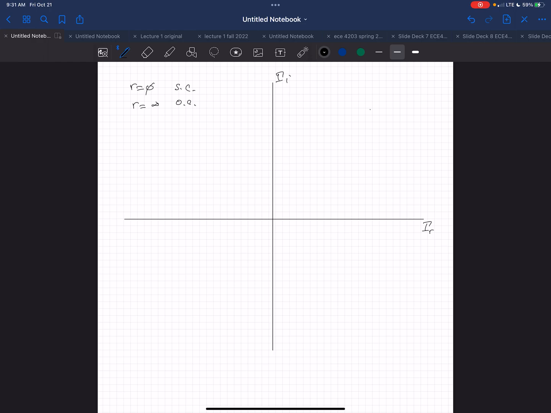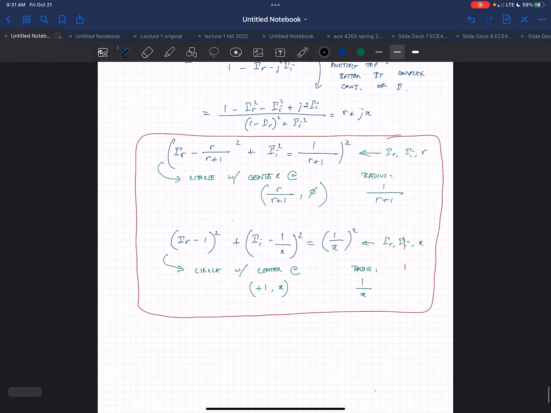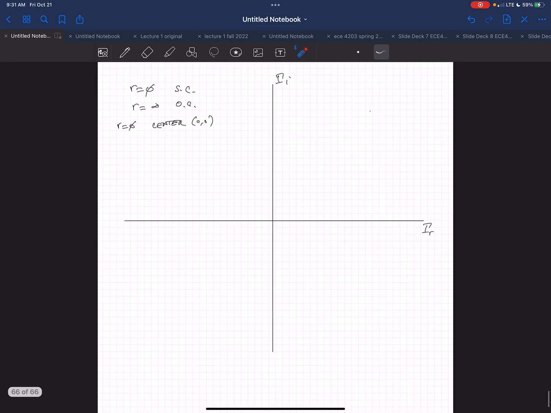So for R equal to 0, the center of the circle is at 0, 0. So I'm reading off of here, just setting R is equal to 0. So the center is going to be 0, 0, and the radius is going to be 1 over 0 plus 1. So if I draw that circle,